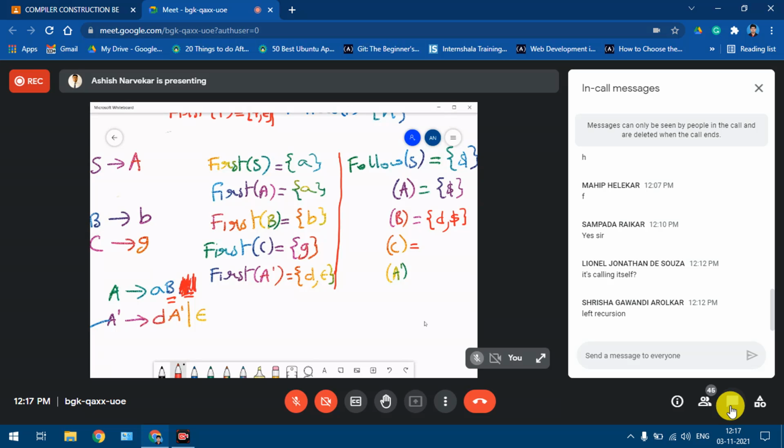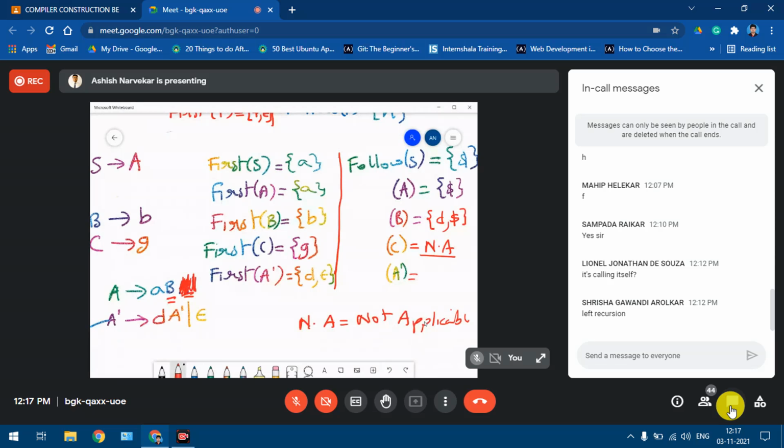Next thing is follow of C. So check if C appears anywhere on the right hand side. C in this case does not appear anywhere on the right hand side. Now this is a pure case or a real case of not applicable. So I'm just writing this as NA over here. Please see that when you write the solution in your exam, please write what is not applicable like this, or directly here itself you can write the full form, not applicable.